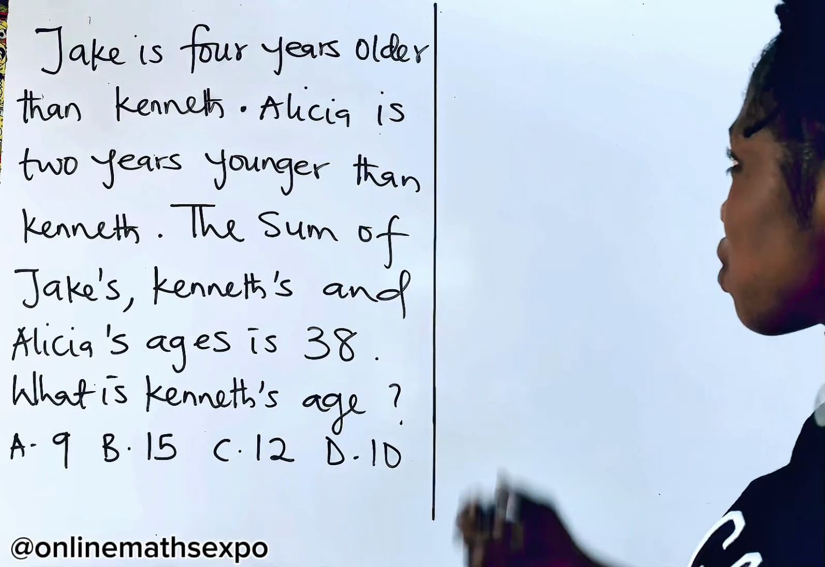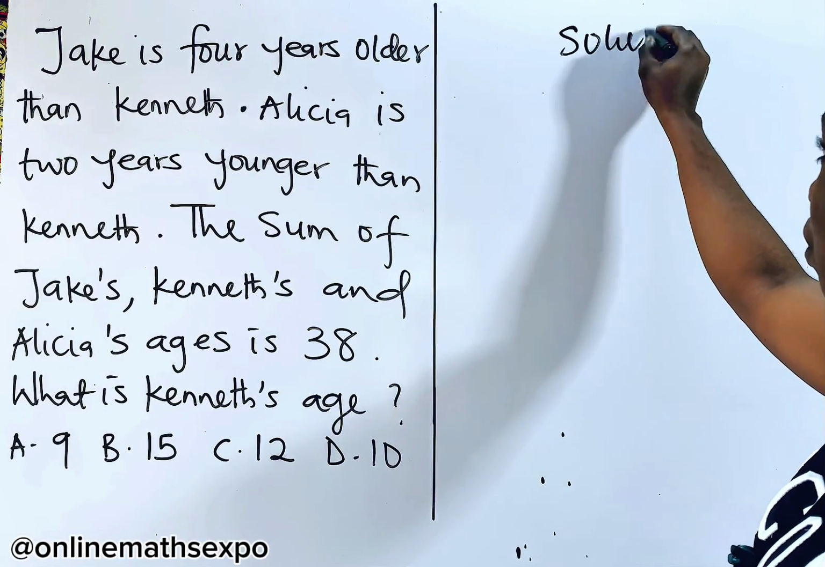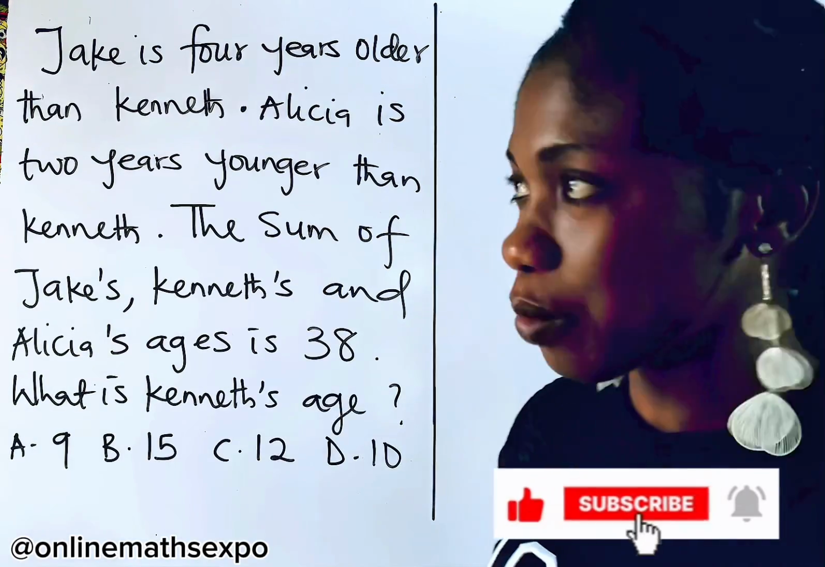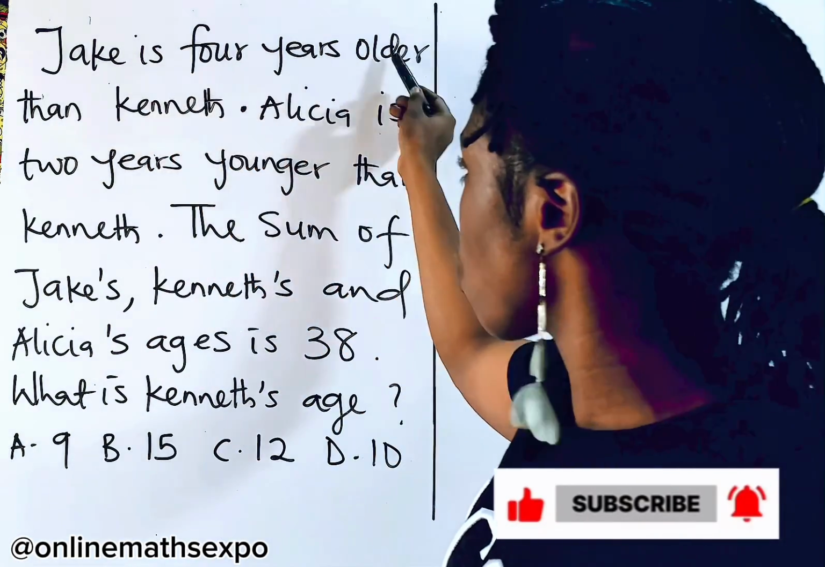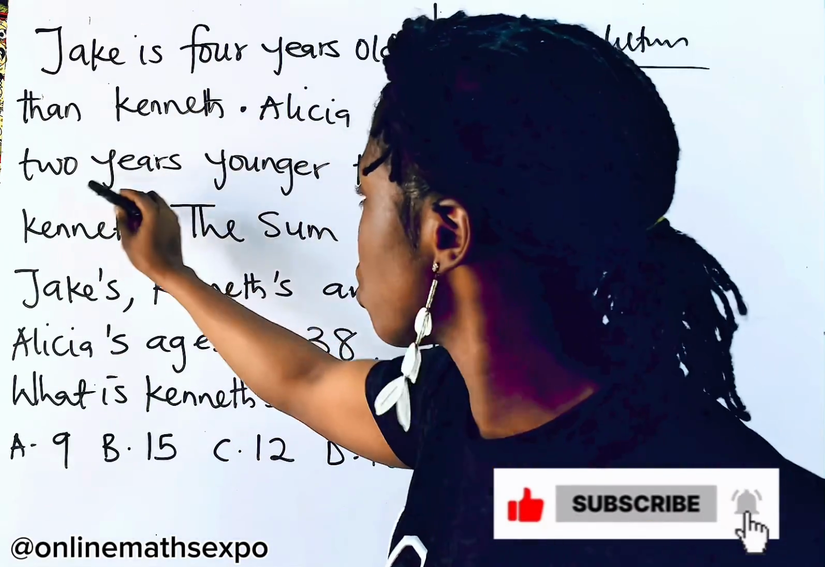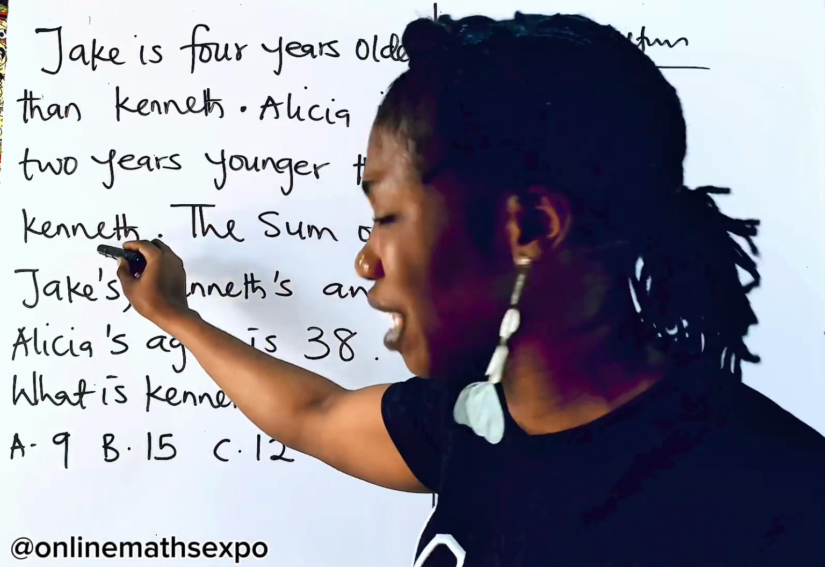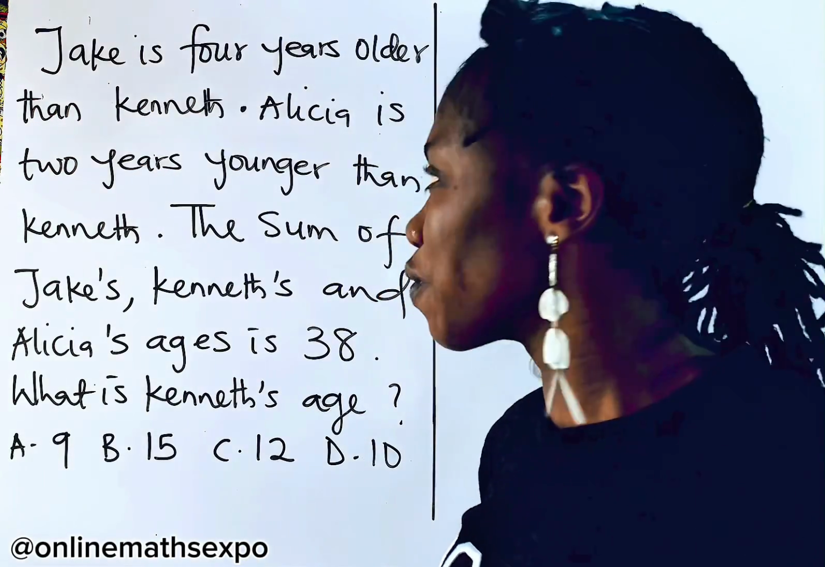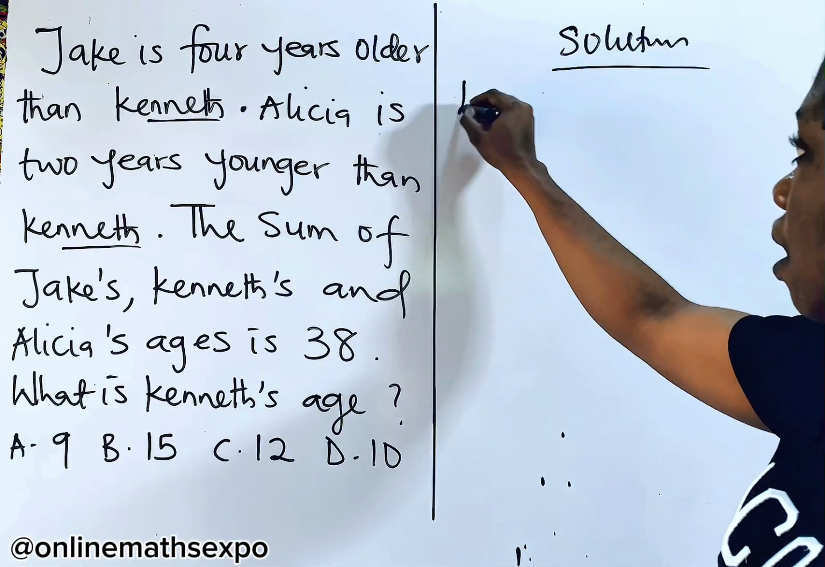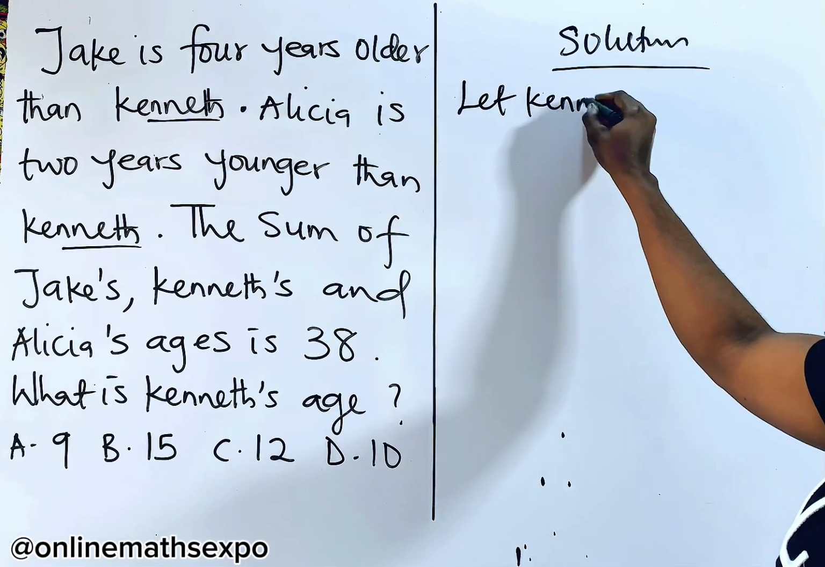So to solve this question, we begin with the solution. Let's go back. We are told Jack is 4 years older than Kenneth. Alicia is 2 years younger than the same Kenneth. So it means the question centers on Kenneth. In that case, we say, let Kenneth's age